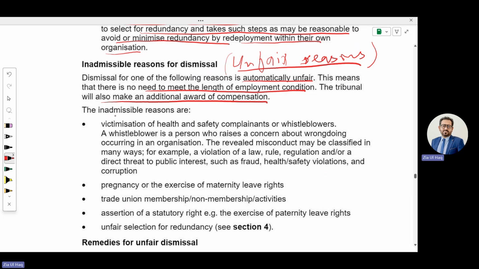The inadmissible reasons are victimization for health and safety complaints or whistleblowing. If any employee highlighted a health and safety failure at the workplace to any regulatory body, informing the body of the employer's weaknesses, and the employer dismisses due to that, that will be unfair dismissal. He worked as a whistleblower. Whistleblower means highlighting issues. A whistleblower is a person